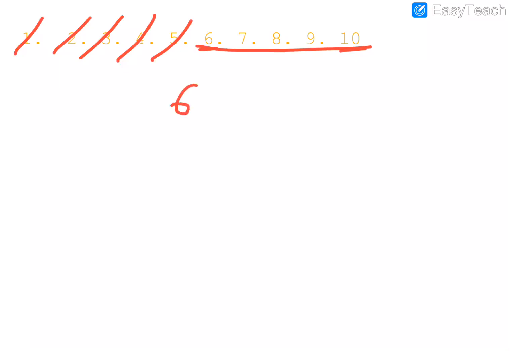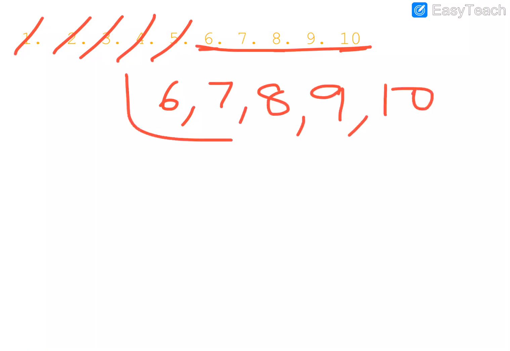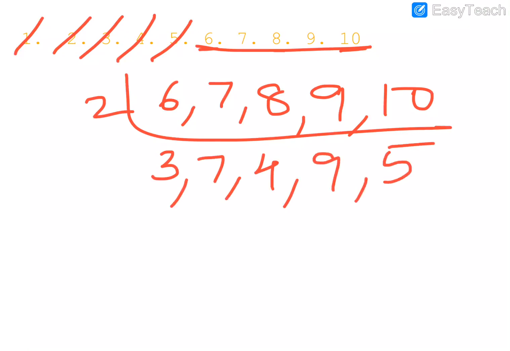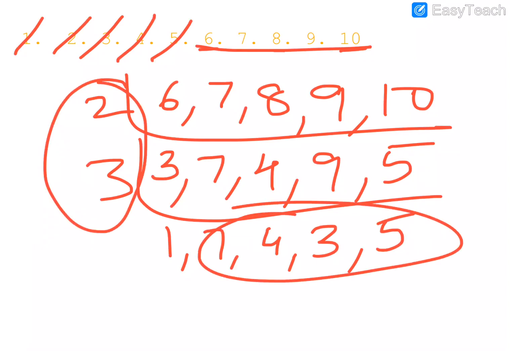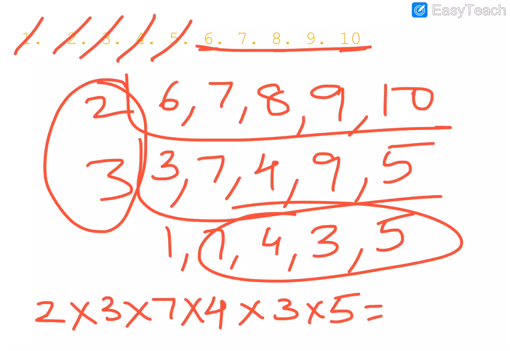Let us find out in our old way, traditional way, or even the new way is even better, but let us go with the old way which is familiar to you. 6, 7, 8, 9, 10. So let's do with 2 table. 2 3s are, 2 4s are, 2 5s are. And here with 3 table again, 3 1s are, 3 3s are. So here we need the product of 3 into 2 into 7 into 4 into 3 into 5. That is 2 into 3, 6 into 7, 42 into 4. So 4 2s are 8, 16, 168 into 3 into 5. That is 168 into 15. So this is our answer.